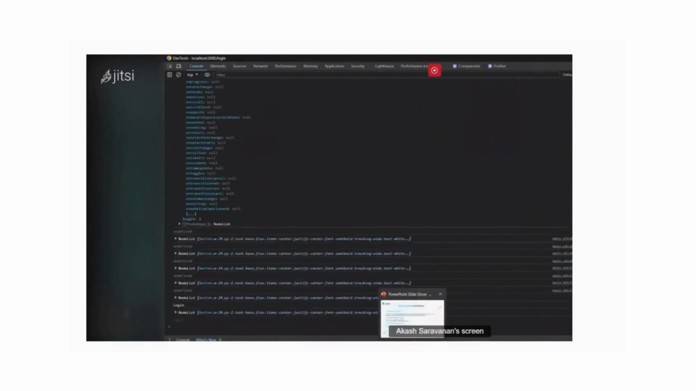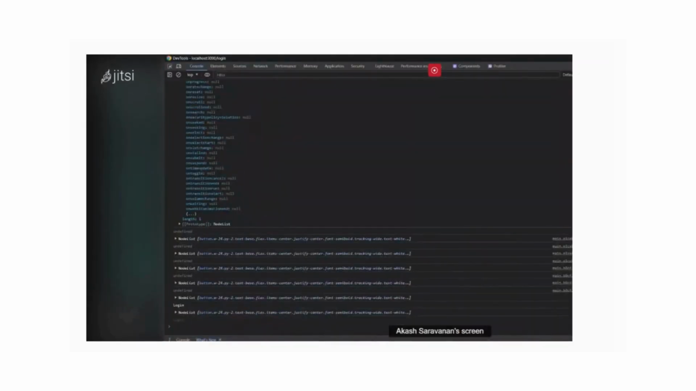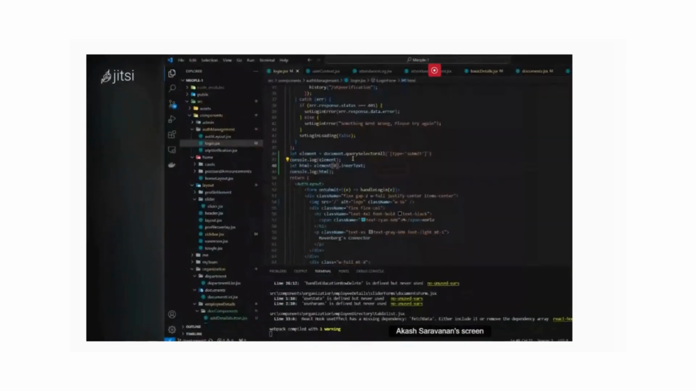Okay. So if I put innerHTML, I will get the innerHTML content of that element. And also if I put outerHTML, it will be the parent element. So it will get the elements of the parent. So if I put outerHTML,